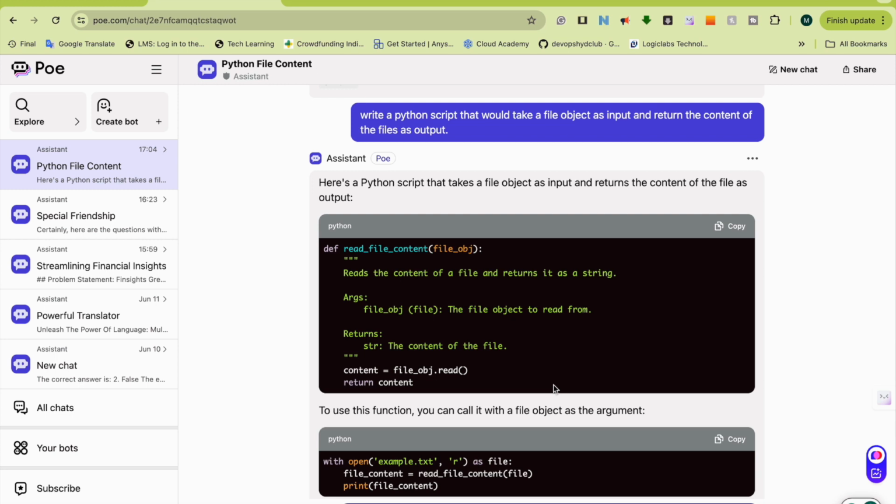I can see that in this code the exception handling is missing, and this code may or may not work in all cases. So I'll show what changes are required and how things would work. So I'll go to my code,